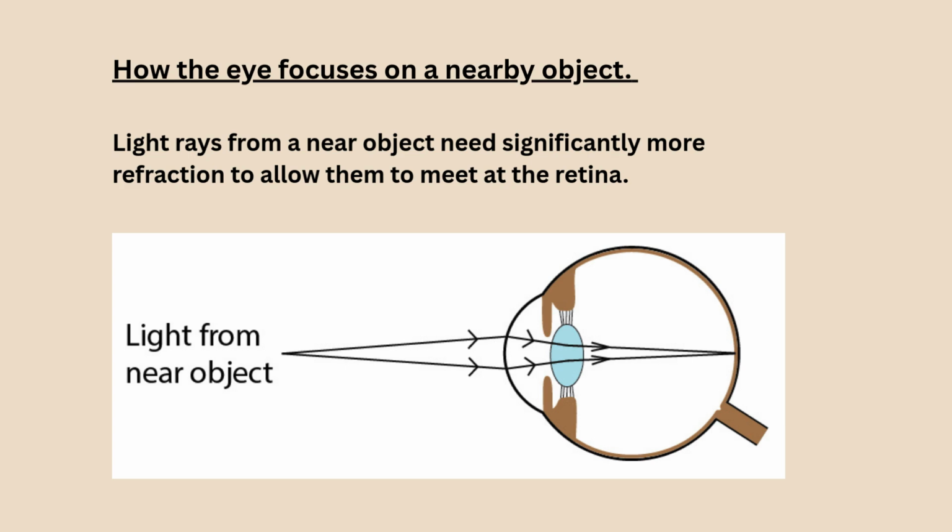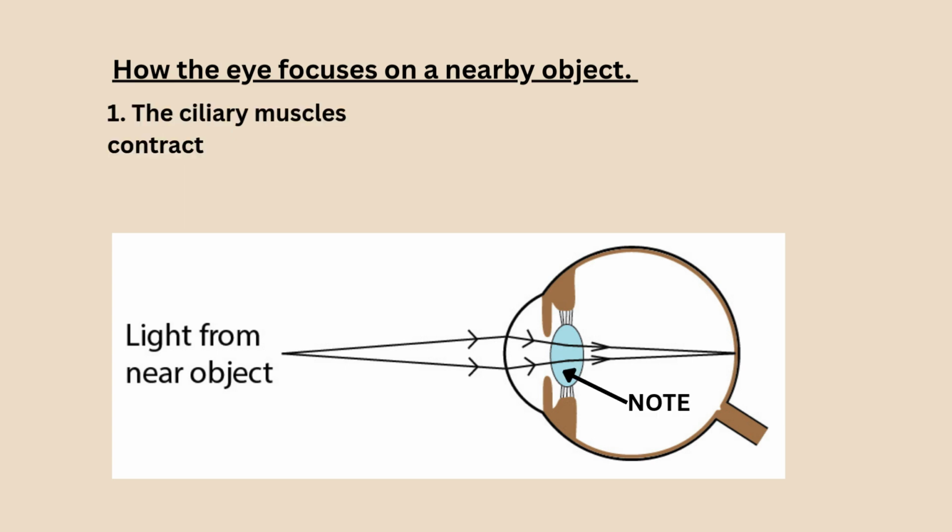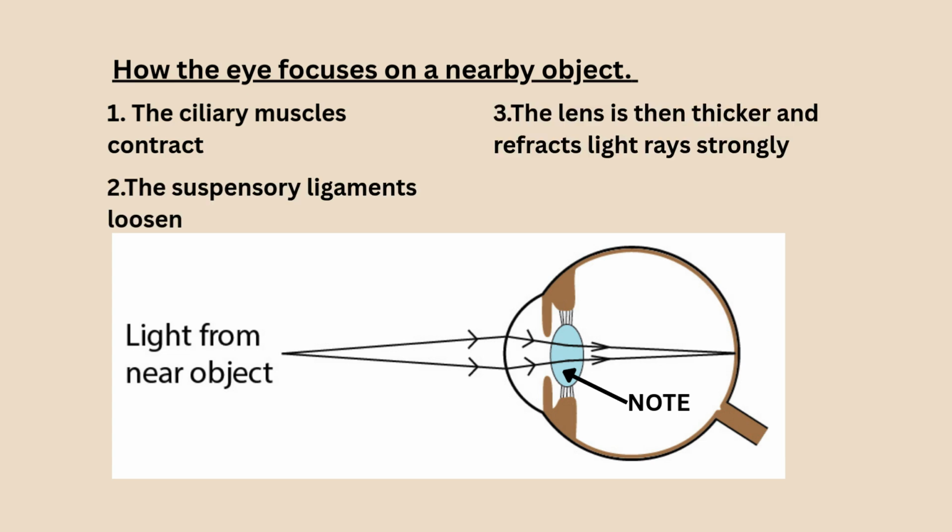How the eye focuses on a nearby object. Light rays from a near object need significantly more refraction to allow them to meet at the retina. To do this, the ciliary muscles contract. The suspensory ligaments loosen. The lens is then thicker and refracts the light rays more strongly, and the light rays